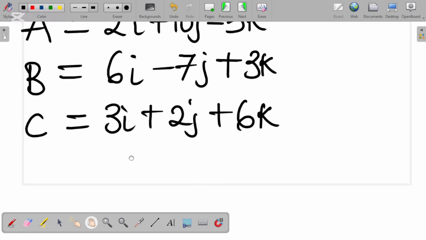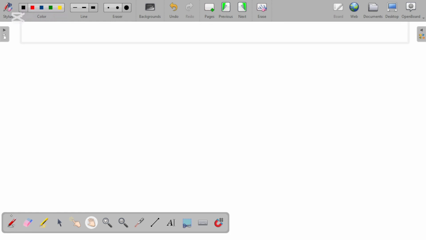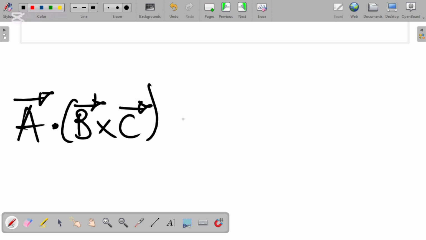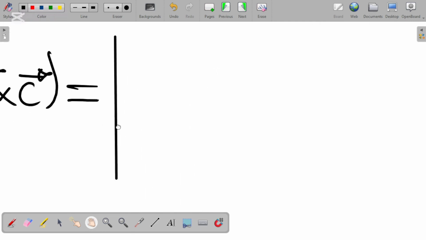Alright, so let's now arrange this in determinant form. So here we have A dot vector B cross vector C becomes equal to, you draw this,